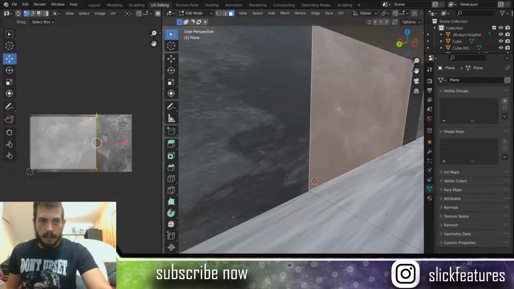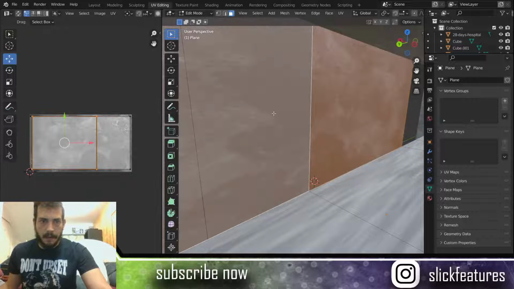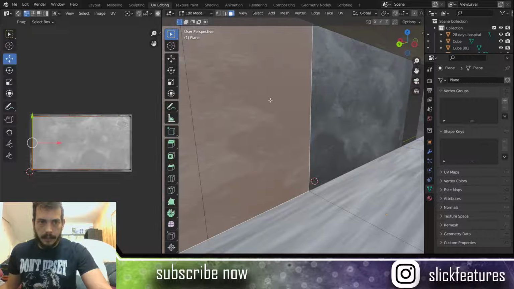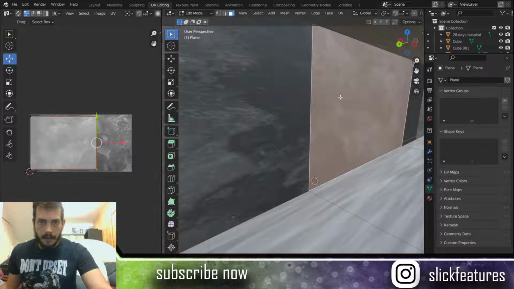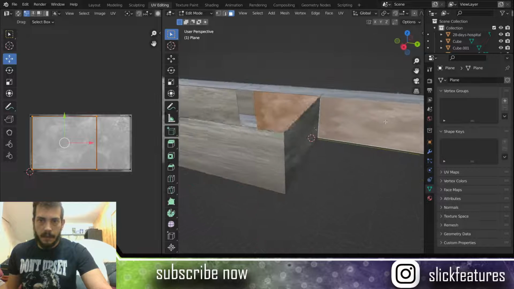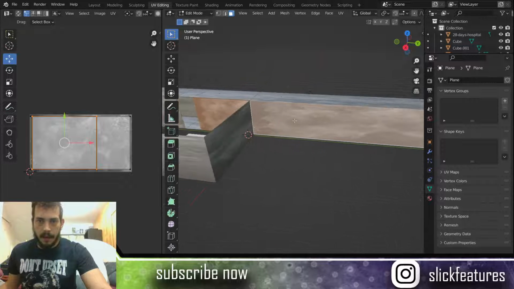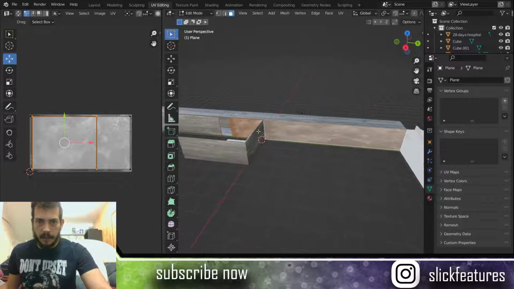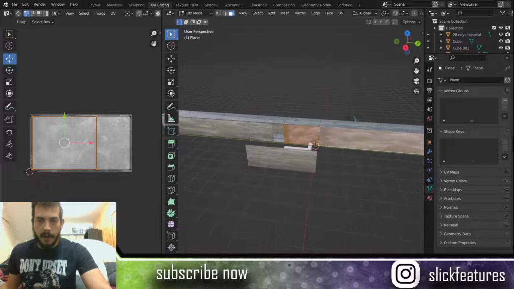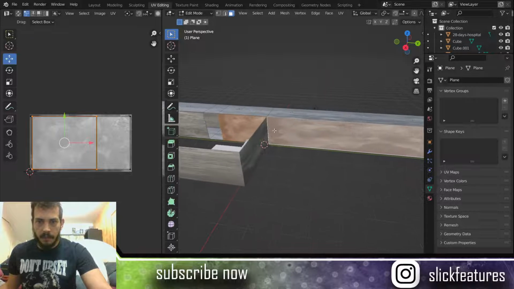I'll maybe take both of these faces together and work it out like that. So the shorter one is this one. Longer one is that one. Okay. Yeah, let's do this again. So we'll edit these, join these two together so that it looks more like one texture there. And then of course the door will be separating it from that one, so that one should be fine on its own. You're not going to see any kind of weird tiling on that side, but these two, since they're connected,